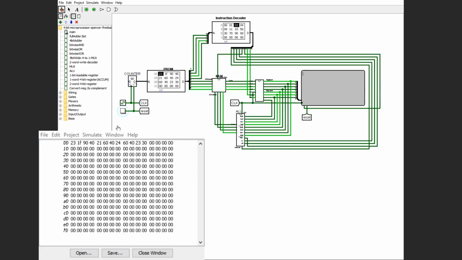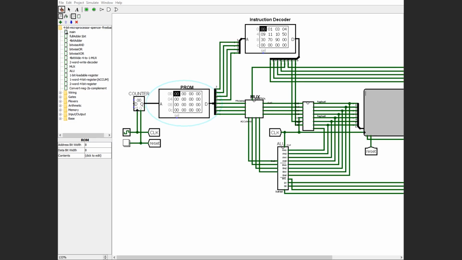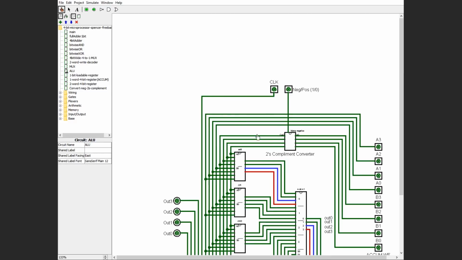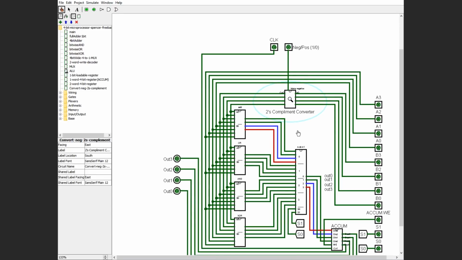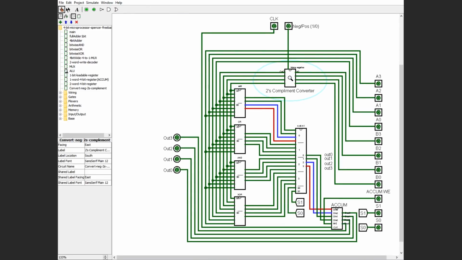Now we're going to clear everything out again, and we want to do the hardware subtraction. I'll quickly show you the hardware that I added to make this possible, and then we'll take a look at the actual code that we use. So back in the ALU, you'll see that we have this 2's complement converter. It will end up converting whatever input comes in on the B inputs